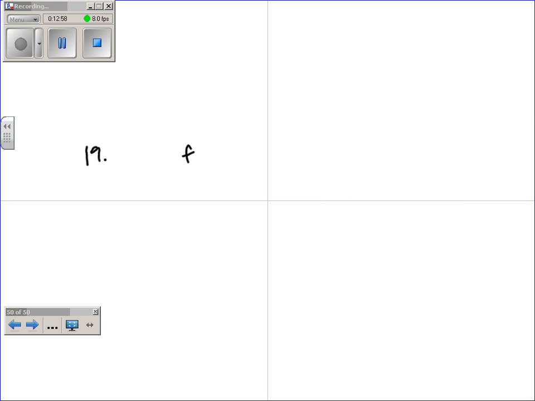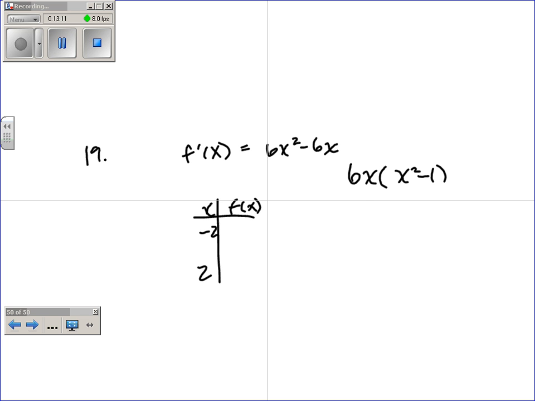19, same idea. You do f prime of x and you get 6x squared minus 6x. And you need to test the endpoints, negative 2 and 2. x squared minus 1. So plug both these in and compare the values, and your answer ends up being